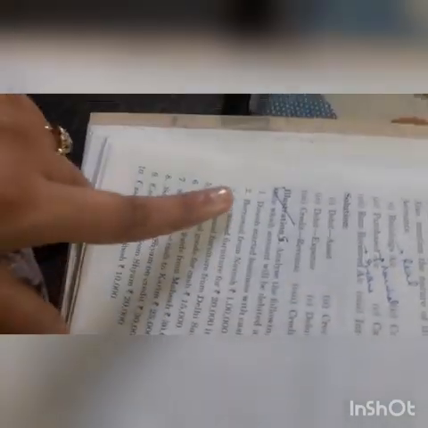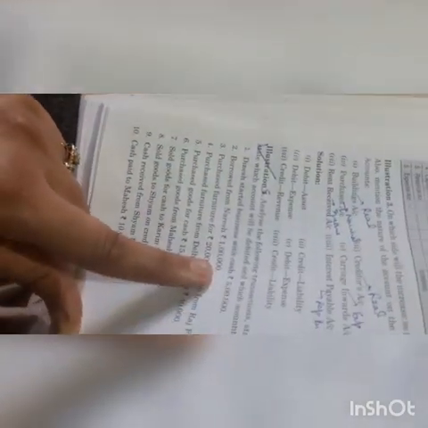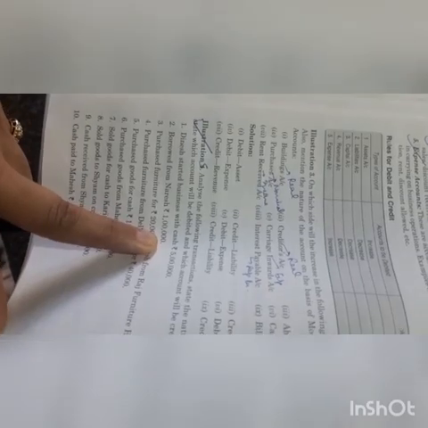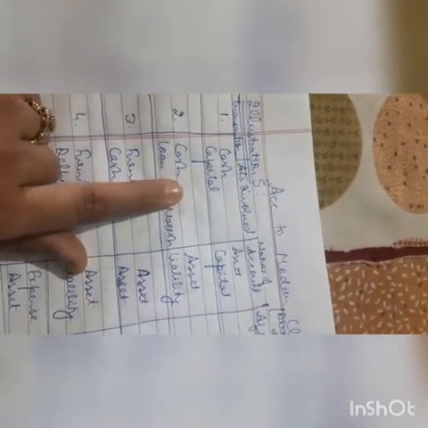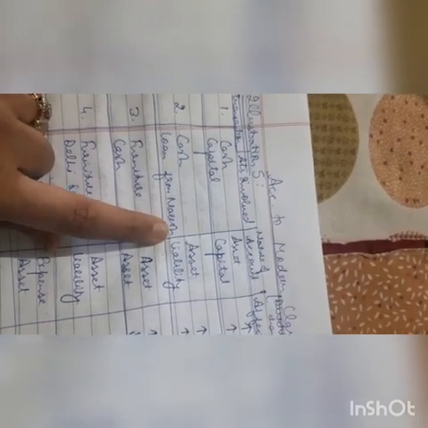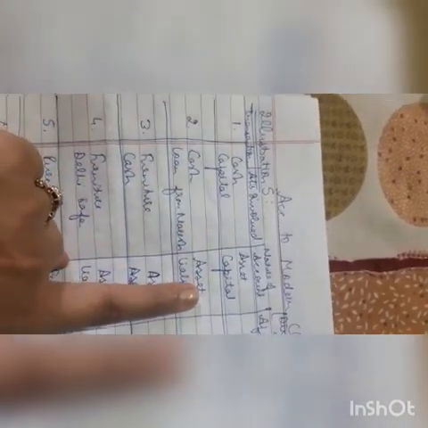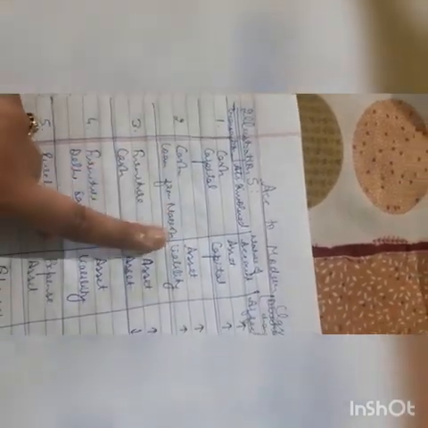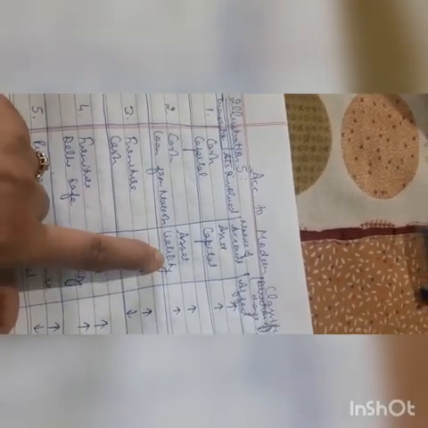Then second point is borrowed from Naresh 1 lakh. That means a business is borrowing from Naresh, means it is a loan from Naresh. So two accounts are there. One is cash is coming into our business, other is loan from Naresh. So cash is asset for business. This loan is liability for the business.